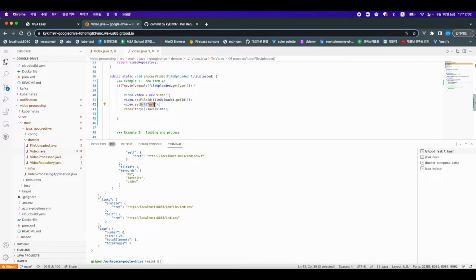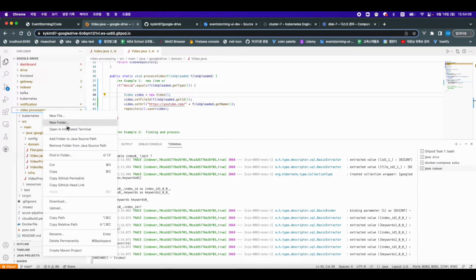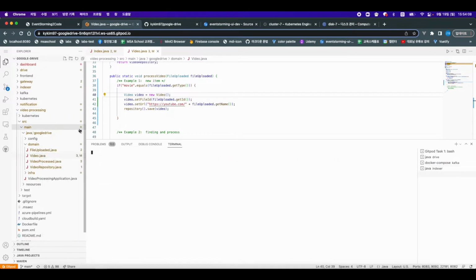Let's say youtube.com/ and then add our own file's name after, .get name. I think it's done. So right click on this video processing and open another terminal,